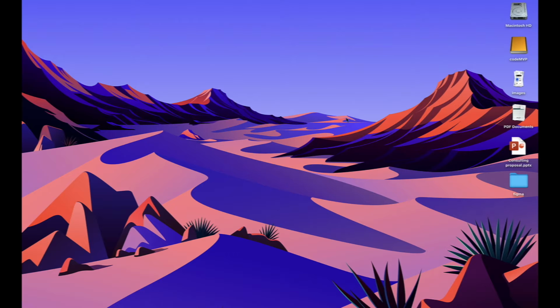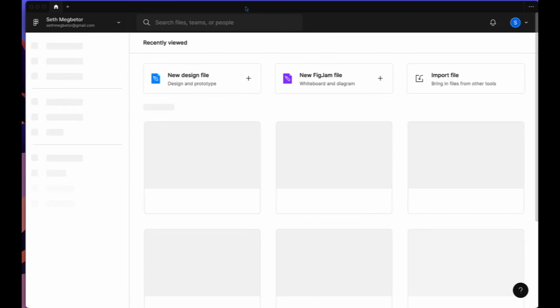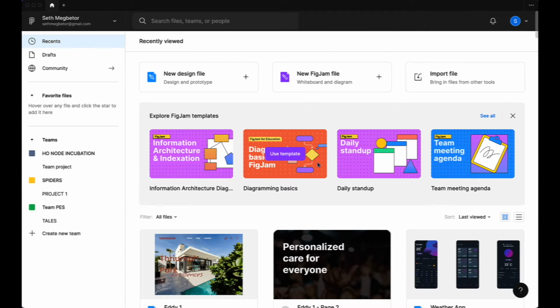Tutorial. Today we are going to design a landing page in Figma. So open your Figma app, either you're using the desktop app or you use the browser. I am using the desktop app, so you open it. When it loads for you, you see this interface. Click on new design file